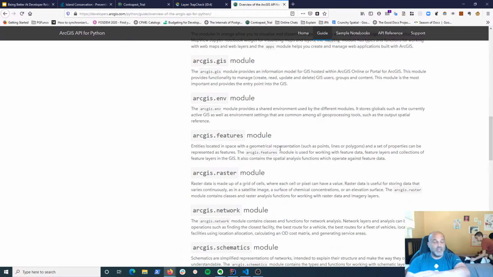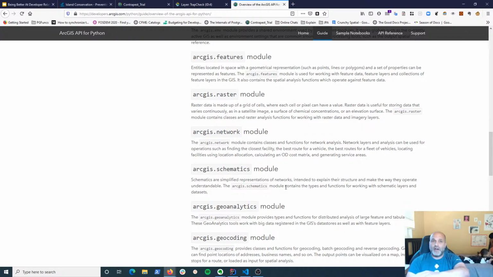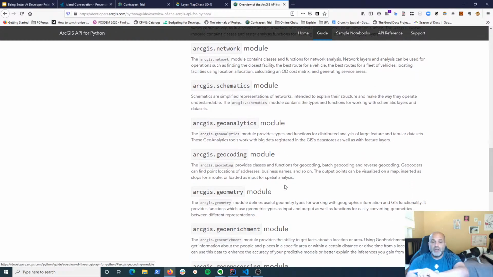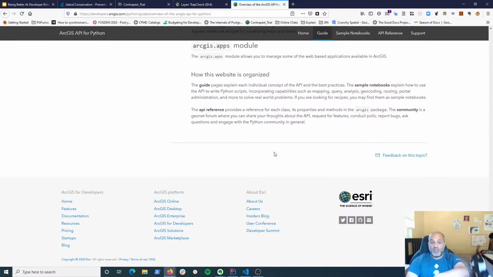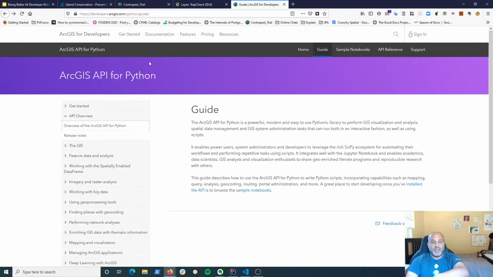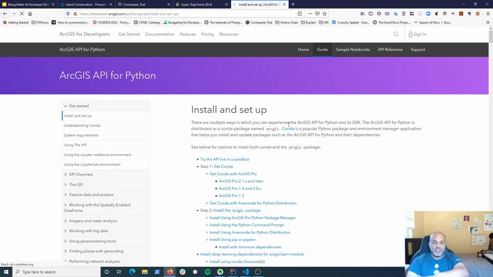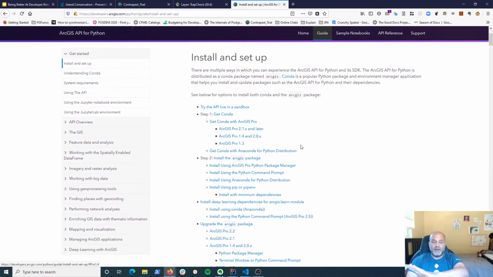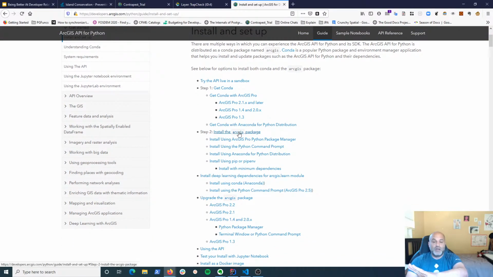So one of the things I do when I review this is I pretend I'm the busy developer who doesn't really want to read everything, right? And I think that when you're designing a developer site, it's a good idea to assume that the developer is not going to want to read all of this. This is way too much for me to do. If I even click getting started here, which I think I actually did, I did the install and setup. That's cool. I think they actually did a nice job of showing you how to do the installation. That's really good in the getting started, for lots of different ways.